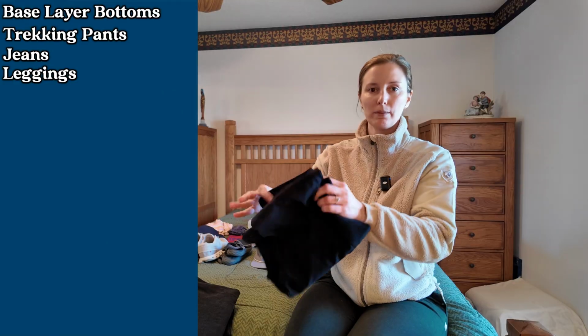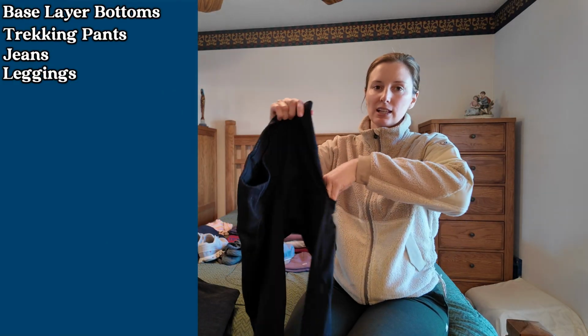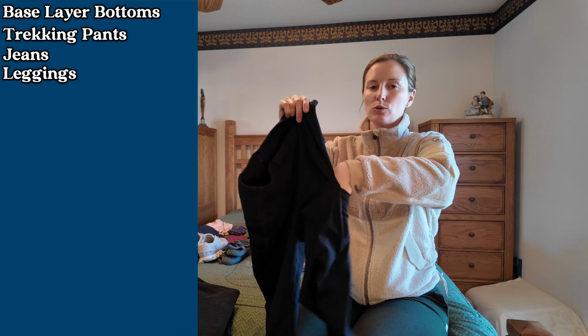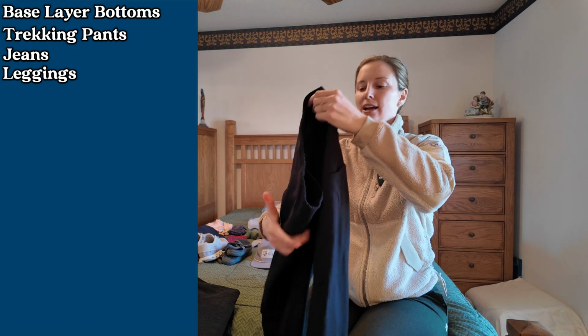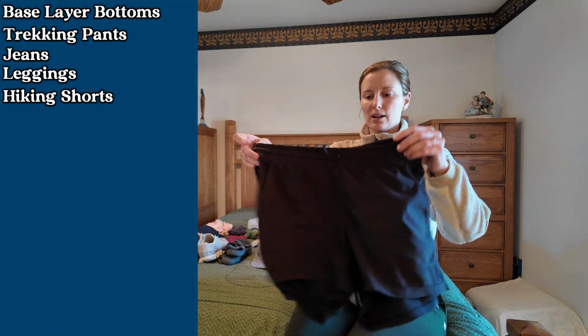And then we have one pair of leggings. I just got these on Amazon. I really like the fact that they have these perfect phone size pockets on the side. So I am taking one pair of black leggings, and finally for bottoms, I am taking one pair of hiking